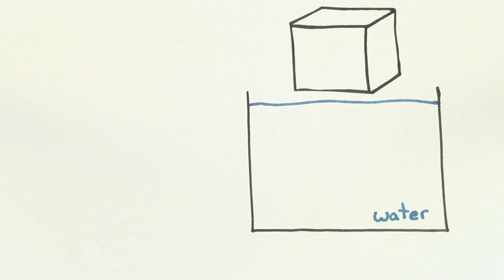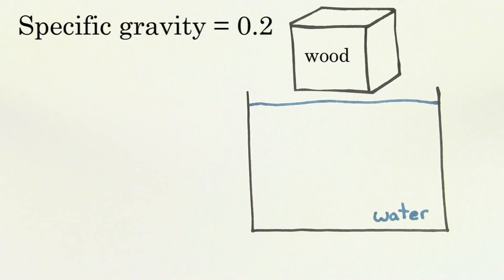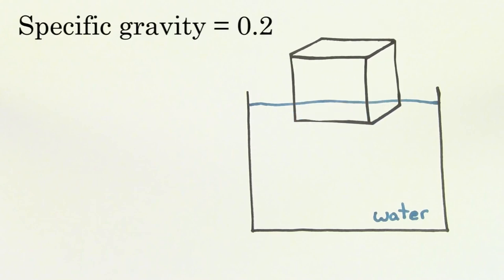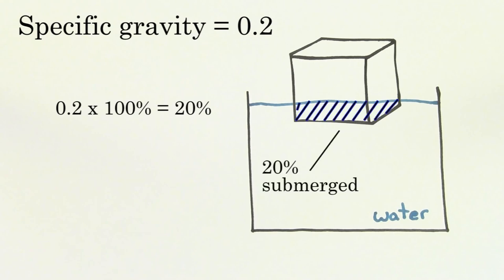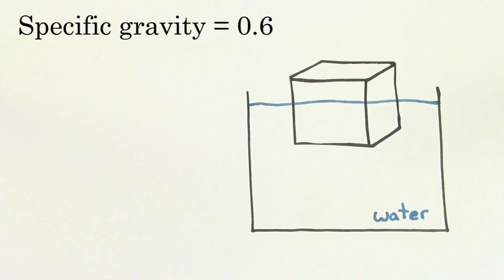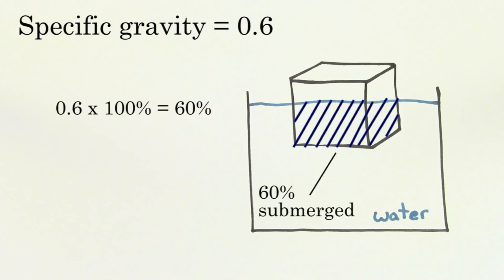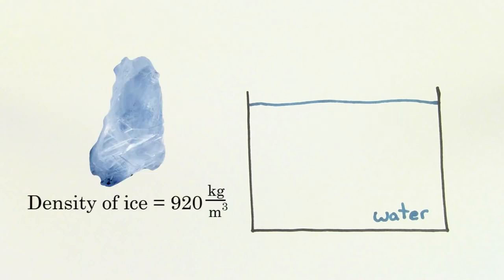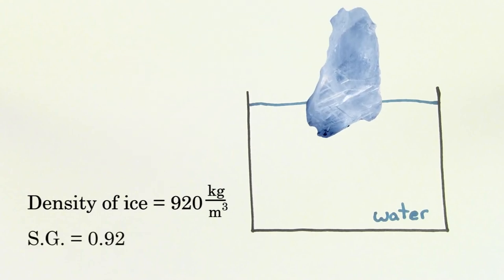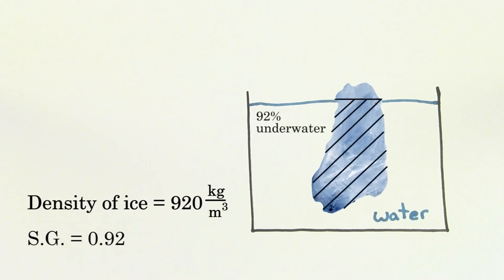For instance, say you let a cube of wood with specific gravity 0.2 float in water. Since the specific gravity is 0.2, that means that 20% of the total volume of this wood is going to be submerged below the water while it's floating. If the cube of wood had a specific gravity of 0.6, 60% of the wood would be submerged beneath the water's surface. Ice has a density of about 920 kilograms per meter cubed. That means ice has a specific gravity of 0.92, and that's why 92% of an iceberg's volume is actually underneath